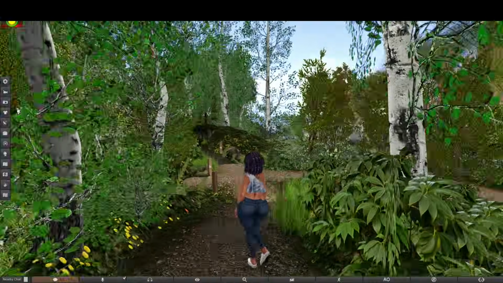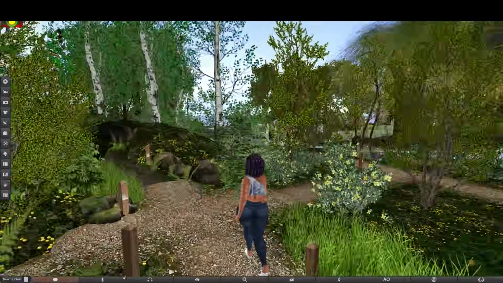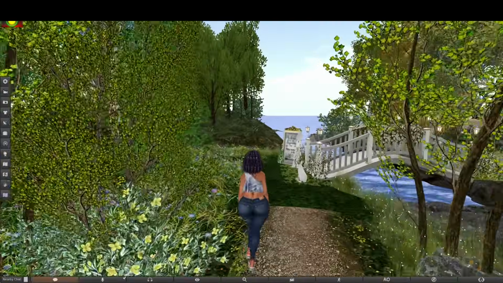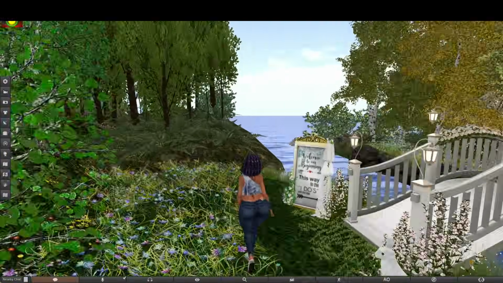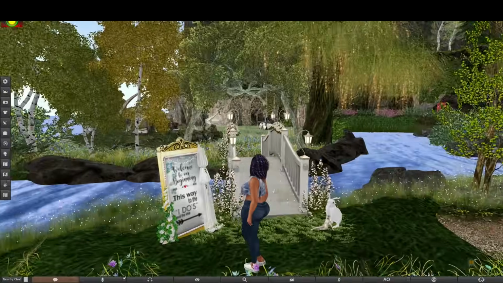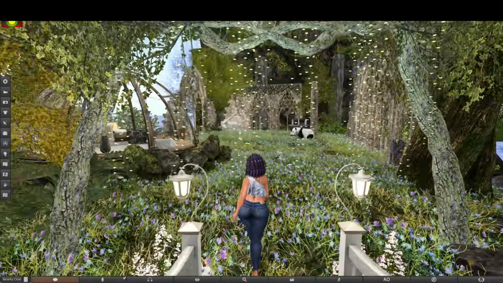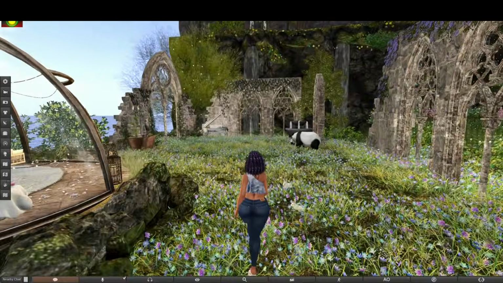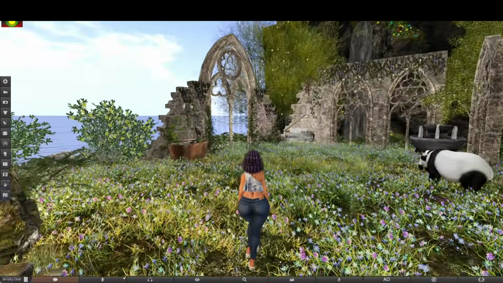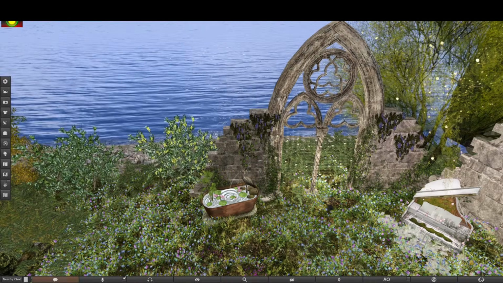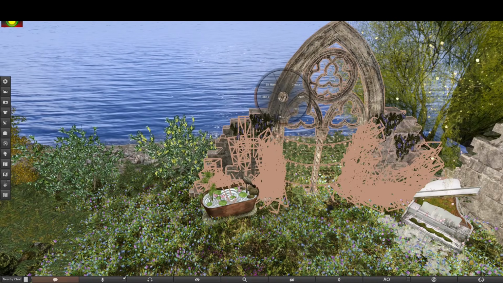Yeah, I'm gonna be kind of sad to tear all this down. It takes a long time to build, and you can tear it down in like 3 seconds if you want to. Okay, we may keep that bridge and stuff, I don't know. The main thing I want to keep are these ruins, because these flowers took forever, these vines